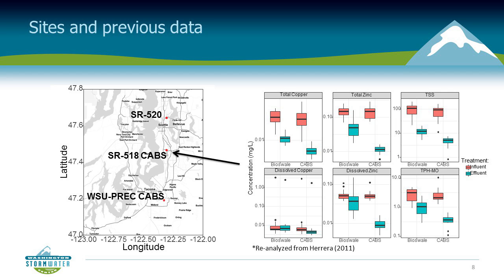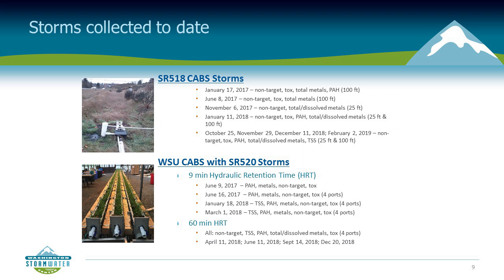The idea we had is to replicate some of these results for 518, but do it in a laboratory controlled setting. So, I'm based out of the WSU Puyallup Research Extension, and we created an artificial bioswale there. You can see that in the lower left-hand corner, and we would collect water, and we've done several events now. You can see there's actually 6 listed here, and what we'll do is truck it down from the collection ports at State Route 520, put it through the bioswale,